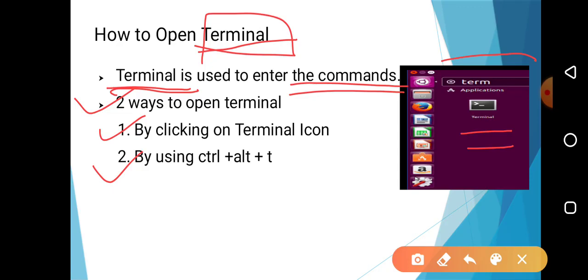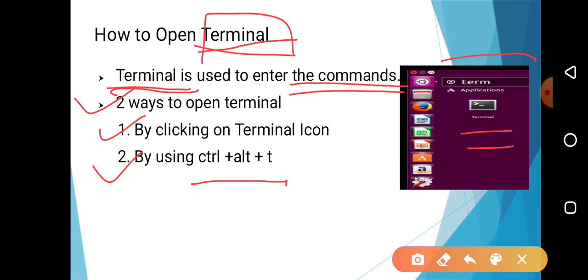Linux provides a GUI as well as a CLI, and Ubuntu provides the same. So Ubuntu provides you the GUI, therefore you can click on the terminal icon to open the terminal, or else you can use the key combination Ctrl Alt T. Students, to open the terminal, simultaneously press the Ctrl Alt T keys.